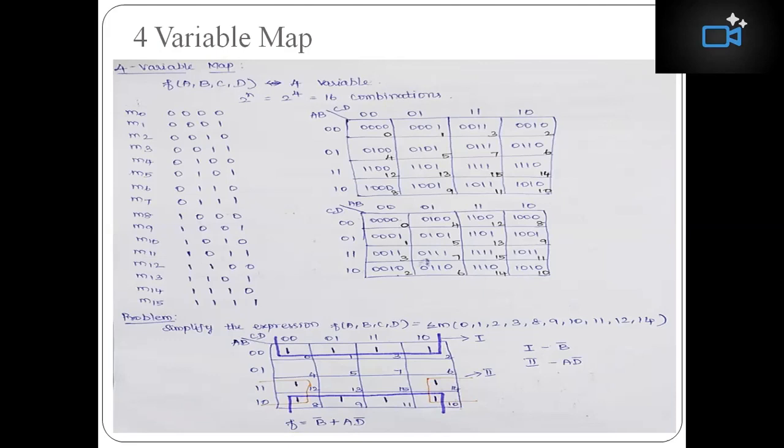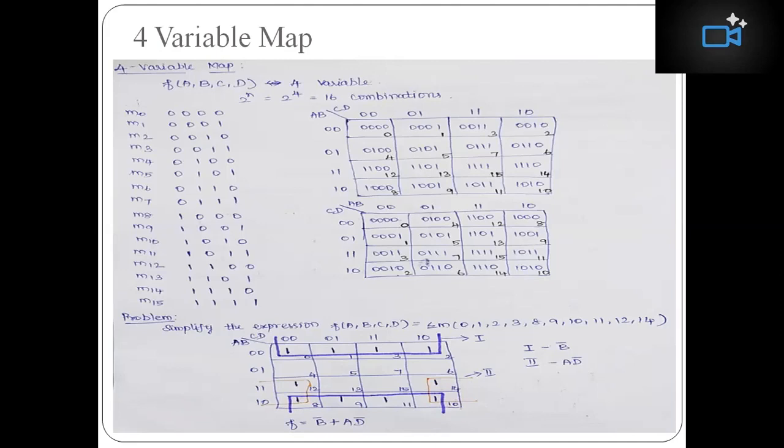Okay. Now, let's move on to the problem. For the given problem, we have 4 variables, summation of minterms 0, 1, 2, 3, 8, 9, 10, 11, 12, and 14; 10 minterms are present. Now we have 4 variables, you all know. We need to substitute in the term 2 power n. Here the n value is 4. Then it should give 16 possible combinations. So it is a 4 cross 4 table, with 4 rows and 4 columns.